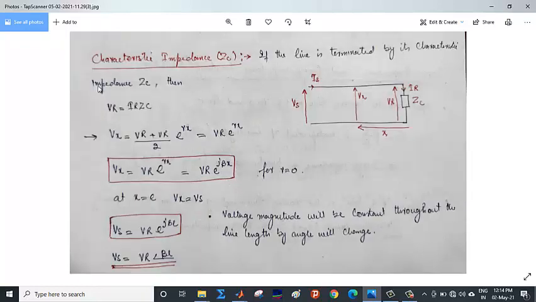When we come to the characteristic impedance and also the surge impedance loading. Now, characteristic impedance ZC. If the line is terminated by the characteristic impedance ZC, then VR is equal to IR ZC. You can see from this diagram, this is VR and this is the load ZC. We are terminating, or we are applying a load that is equal to ZC to this receiving end, and it draws a current of IR. So this means that this VR is equal to IR into ZC.